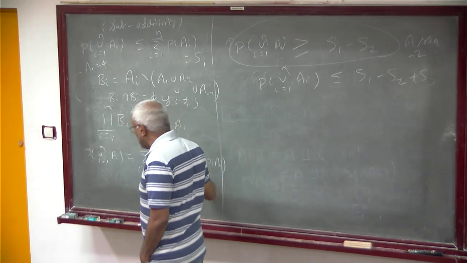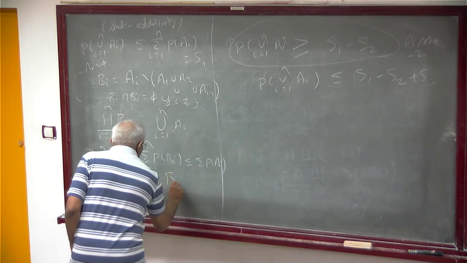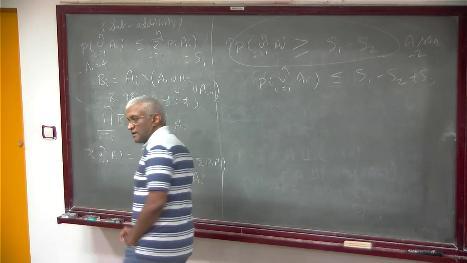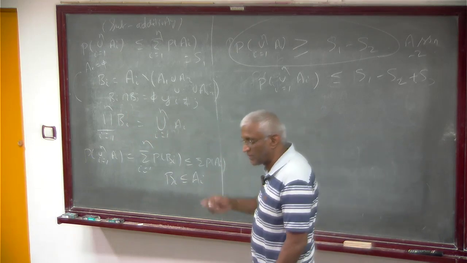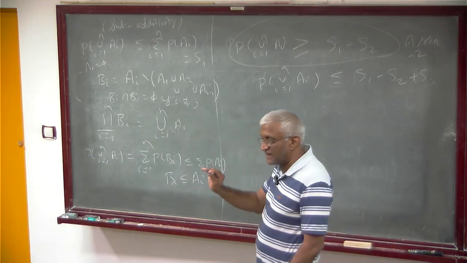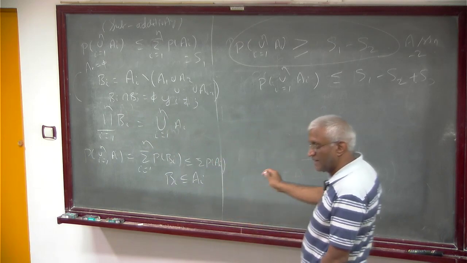This is less than this. B is contained in A. Contained, yeah. So we have proved that monotone property last time. If A is contained in B, P of B is greater than P of A. Because of,